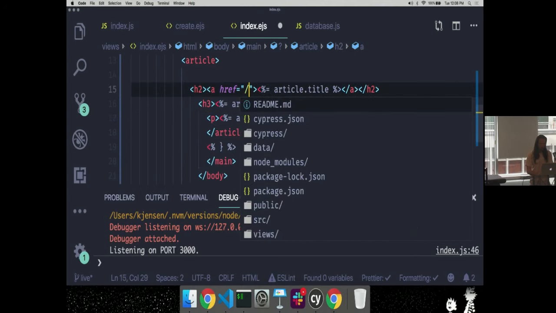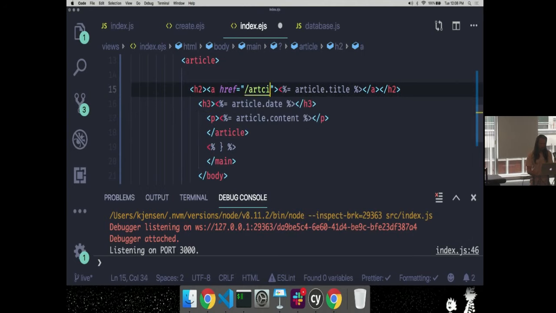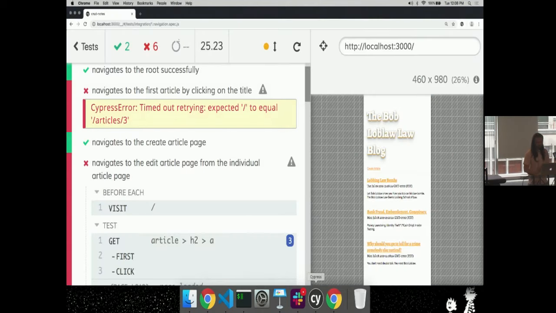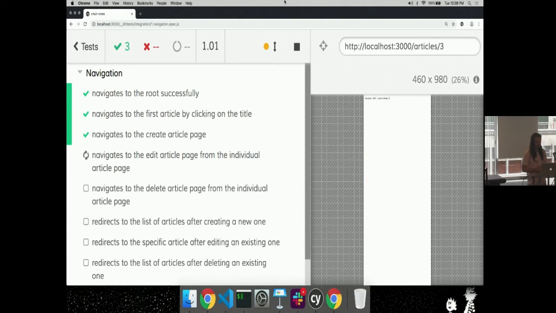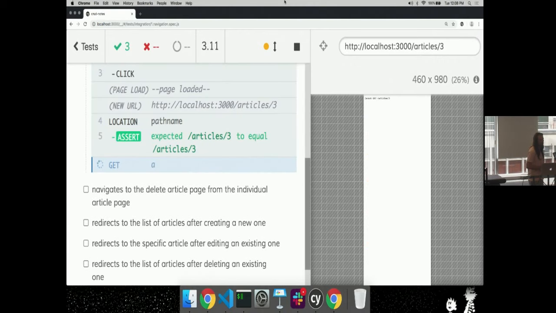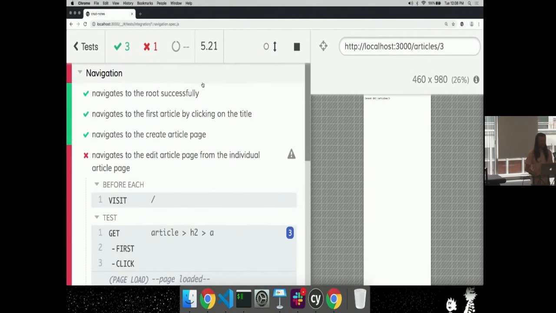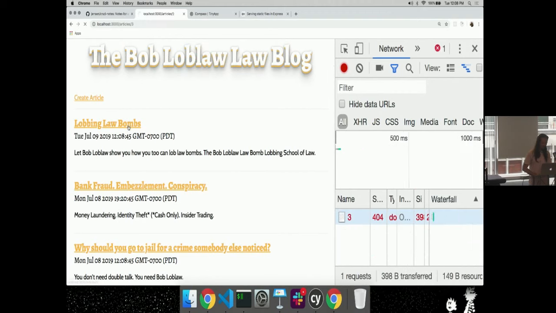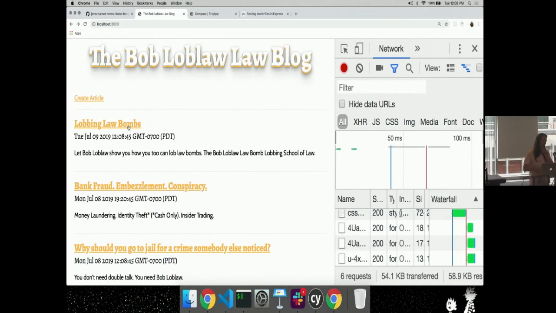And if I put articles 3, my test will pass, right? The test will pass. It passes now. But it's not good, because it will only go to that page, right? If I go back here and I go there, I'm going to get, oh, actually I don't have the page for it, but you know what I mean.